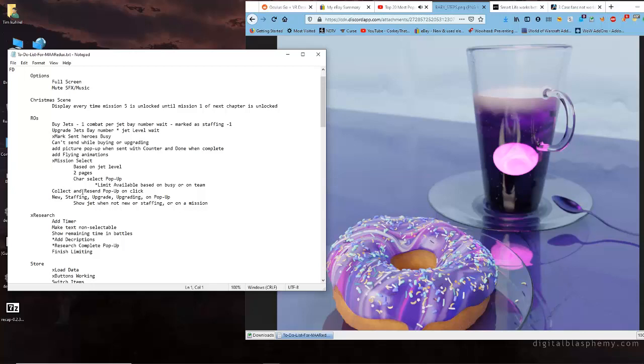That's going to be a quality of life thing that is added to the game, because if you remember, for quite some time in Marvel Avengers Alliance, you had to collect everything and then pick 20 minutes, 20 minutes, 20 minutes.